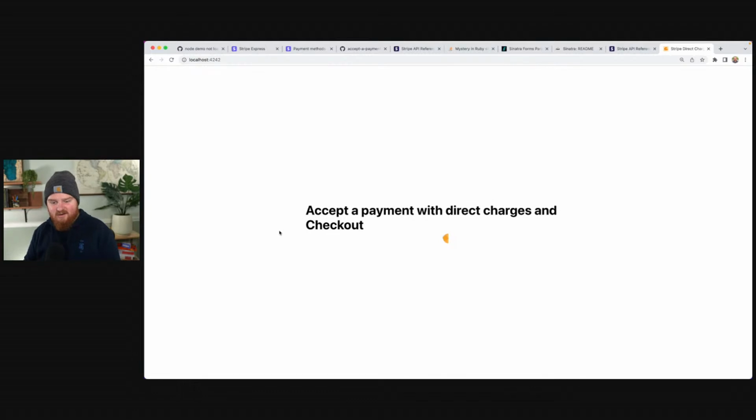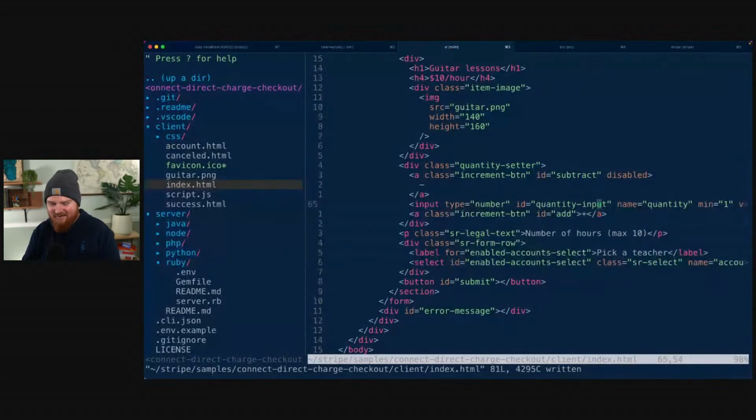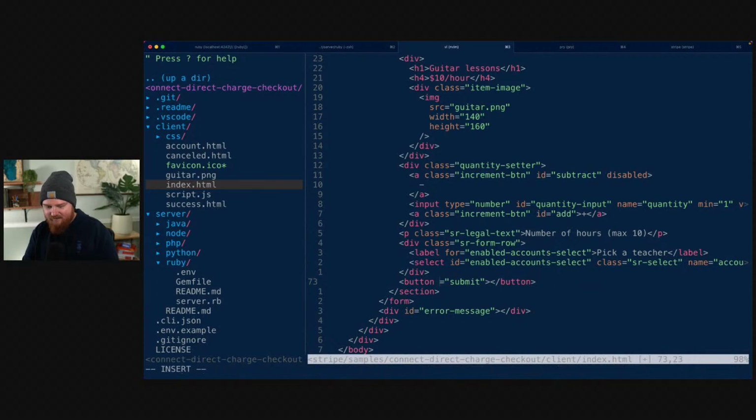Let's see. So can we increment? No. Stop submitting. Okay, we don't want it to submit. We want this button to be the only submit. Type submit. Okay, so I feel like Connor just recently posted